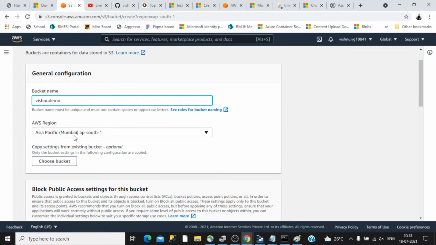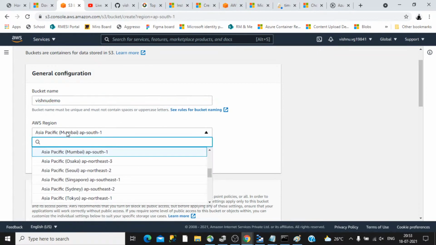we have to select an AWS region. This is the concept which I explained earlier. This explains where you want to store your particular data. So I can select a different area. Hope you have noticed another difference with regard to Azure. Here you get the view of in which place your data is actually stored. So this Asia Pacific means Mumbai, and this Asia Pacific means Singapore.